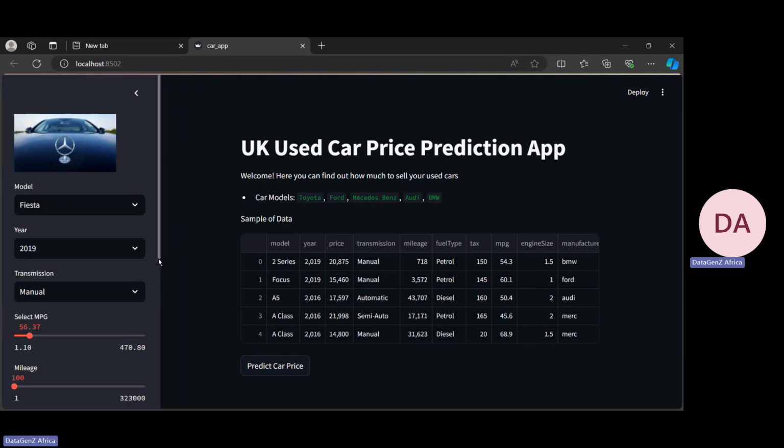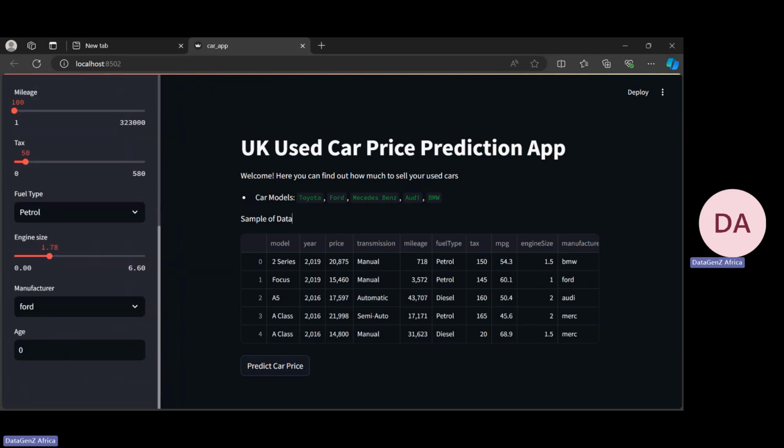And then I also made the fuel type a drop down. That is, it could be petrol, diesel, hybrid, the manufacturer, and then the age. I just made it a text so they can write any age. All right, so let's get back to our